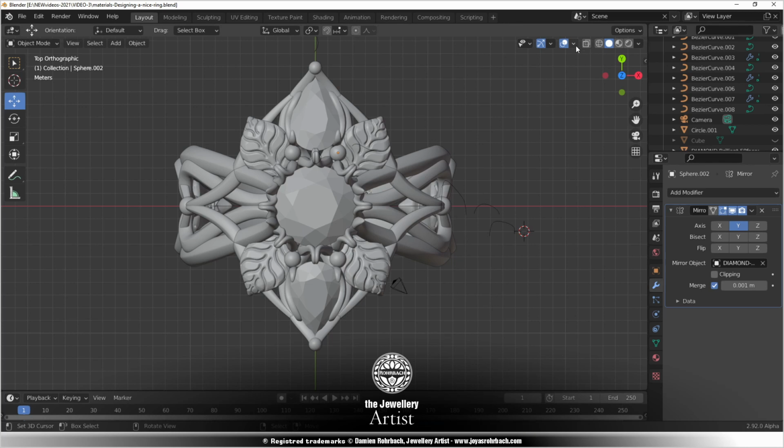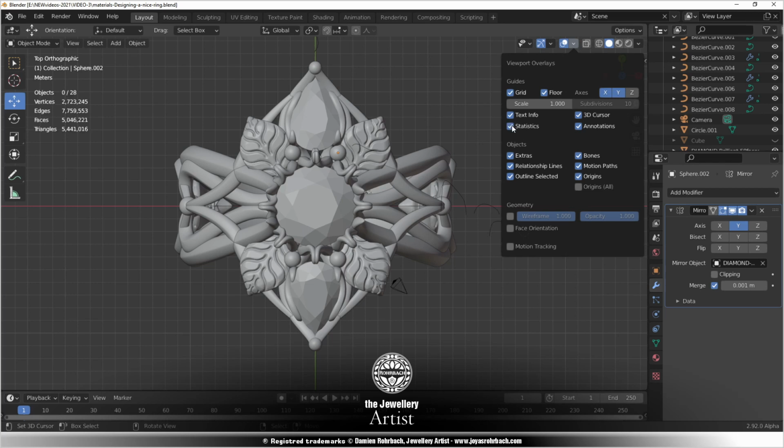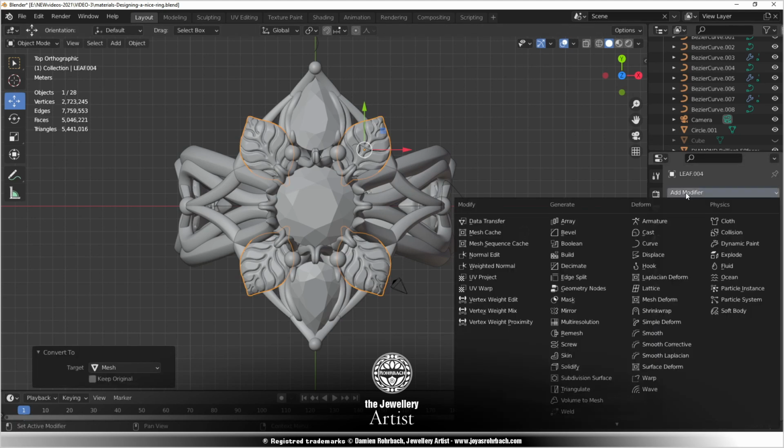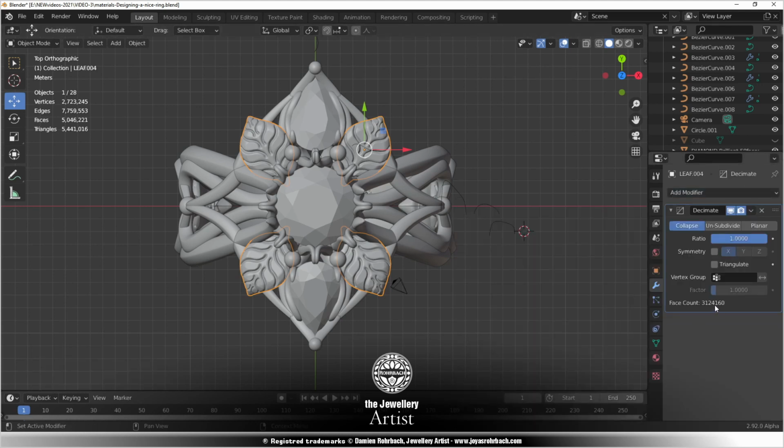First, I'm going to check to optimize if needed. All right, I'm going to make mesh of this. Now I'm going to make it a bit lighter. This one has 3 million, which is way too much. Let's go at 30%. So obviously when you decimate something, it removes faces